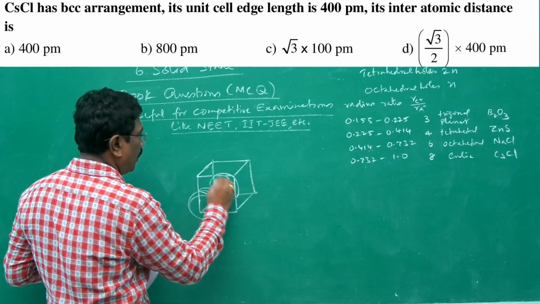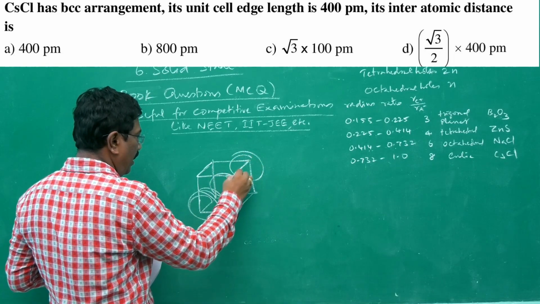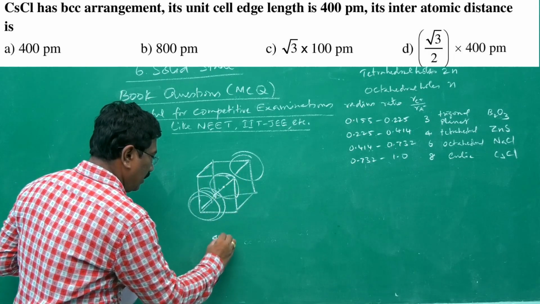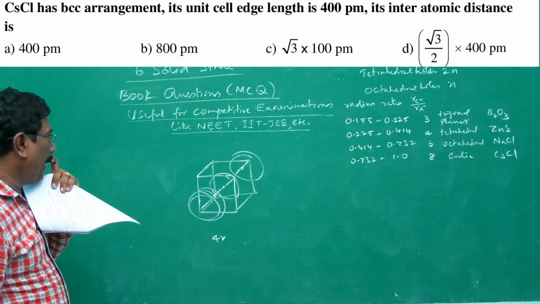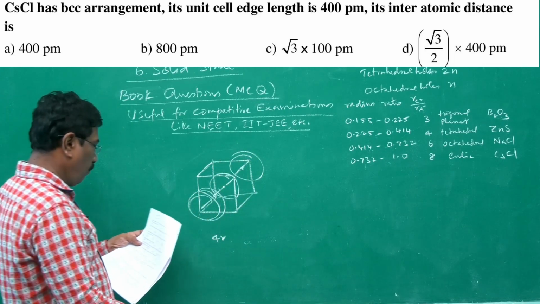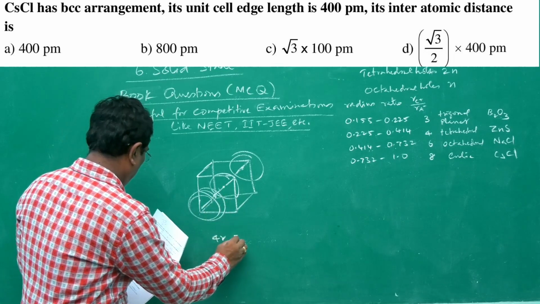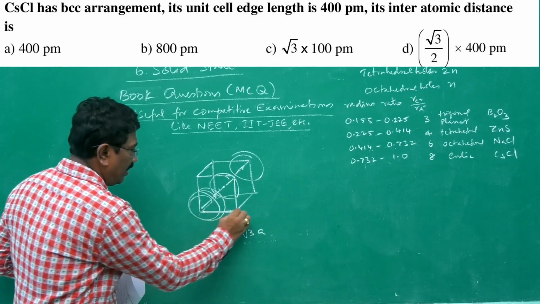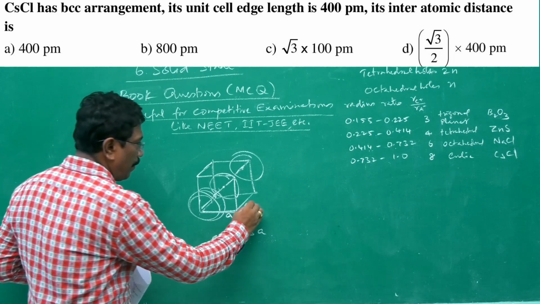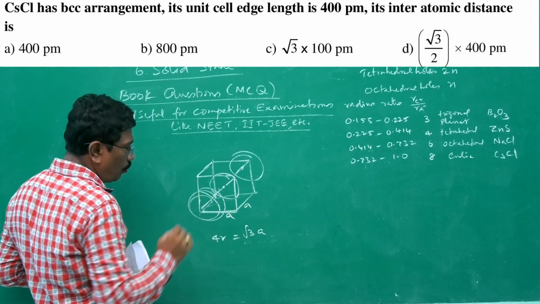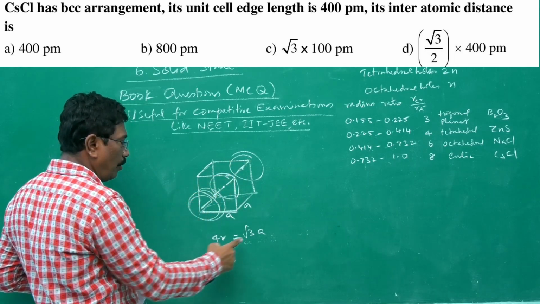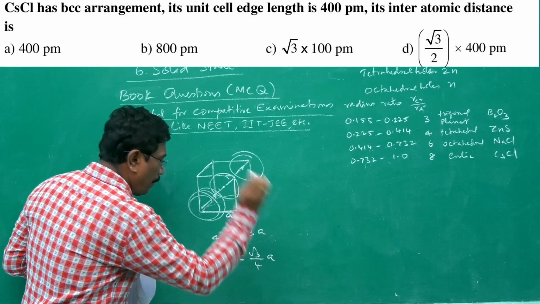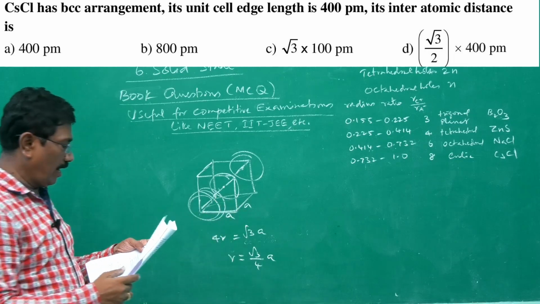One atom, second atom, third atom. So it is the radius, 2 radius and 1 radius. So 4R. So this diagonal will be 4R. For this it may be root 3a. Root 3a. It is a. If we go in for the face diagonal, you will be getting root 2a. But this diagonal, starting from here to here, it will become root 3a. And therefore, R will be equal to root 3 by 4 a. The radius will be root 3 by 4 a.